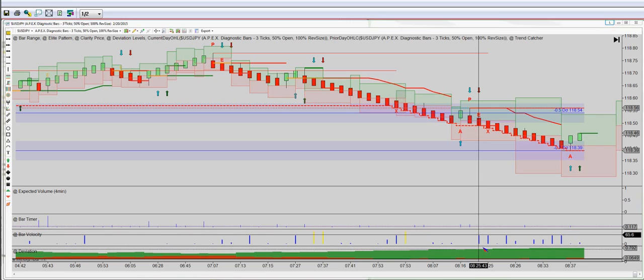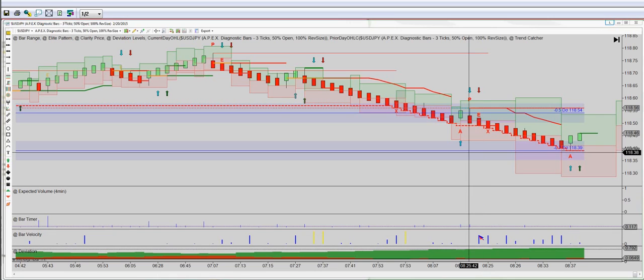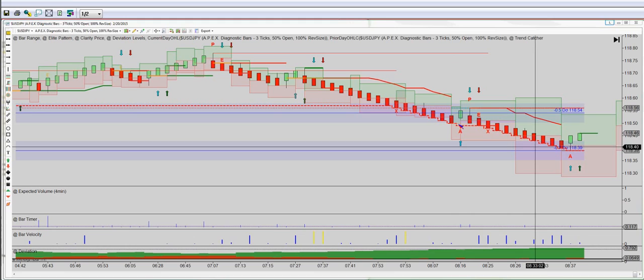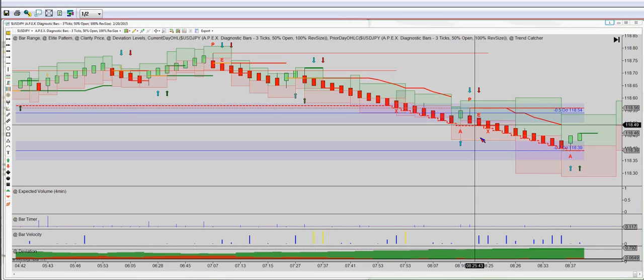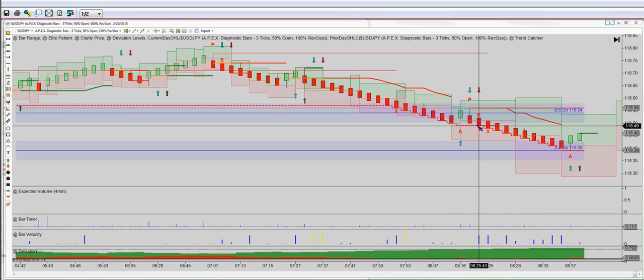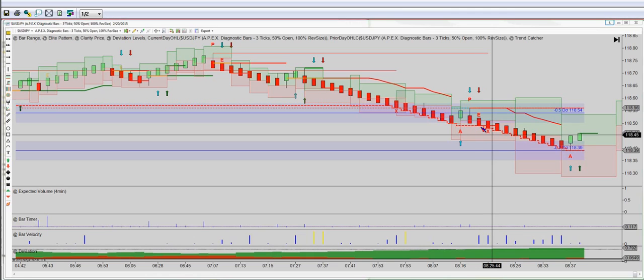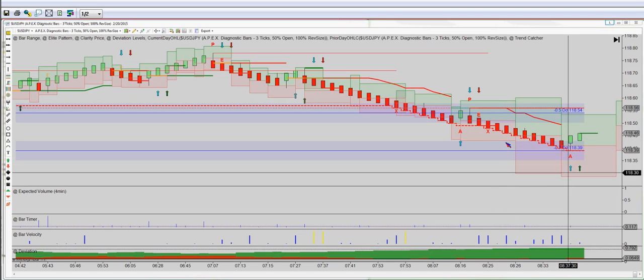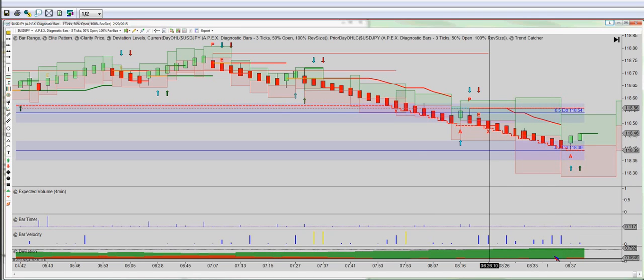You've got your bar velocities tall, which means it's moving fast. If you could have gotten in, because it was moving really fast. So I don't know if you really would have been able to get in, but if you could have gotten in, that would have been some fast money. I guarantee if you would have set your take profit at trying to get 25 bucks, you probably would have gotten 35 or 40 before you got out. And it would have been an instant thing where you wouldn't have even seen that take profit in there at all. But anyway, then we've got